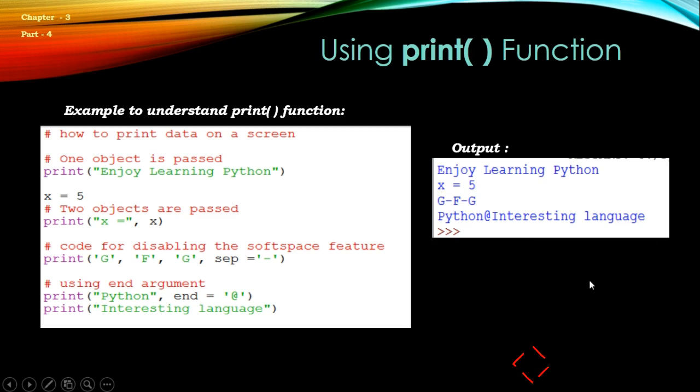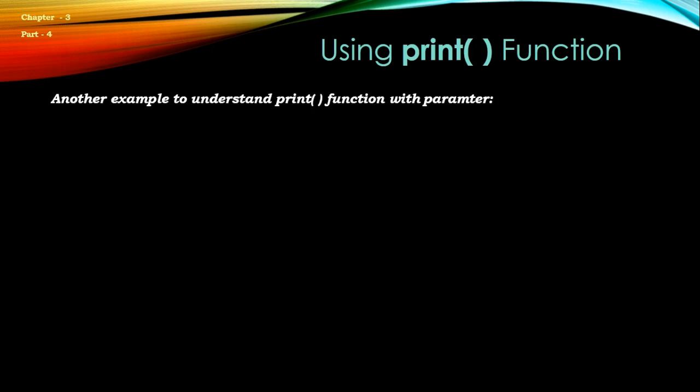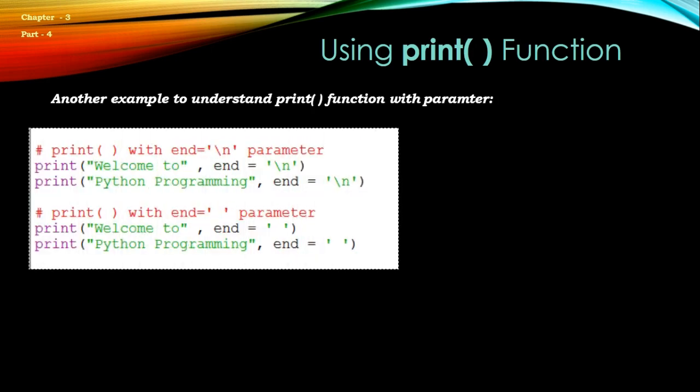This is one example. We'll see one more example. Another example to understand the print function with parameters. You can see the next example. First I have shown the print function with the end is equal to backslash n parameter. Here print welcome to, then end is equal to backslash n, then print Python programming, end is equal to backslash n. Now the second is